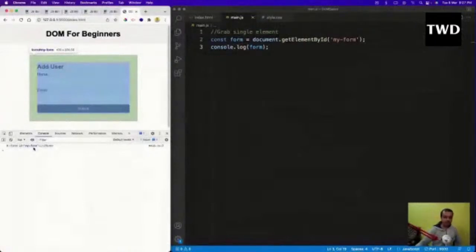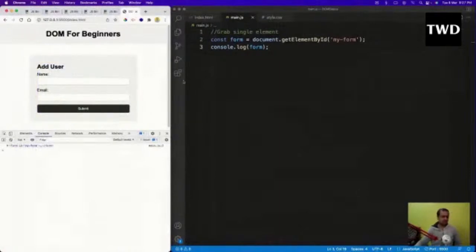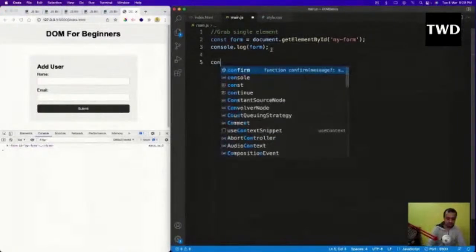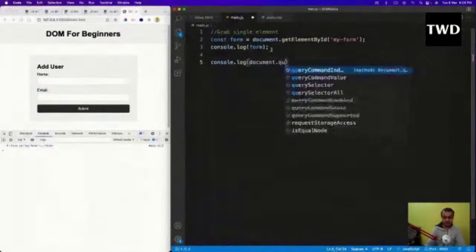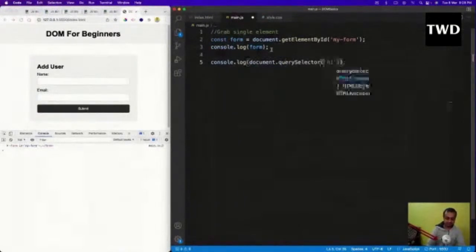We are going to complete the DOM tomorrow. DOM is a bit big, and we are going to add functionality to this form also. So this is how we grab a single element, and there is another way to grab a single element. This time I'm going to directly do the console log of document.querySelector, and I'll have